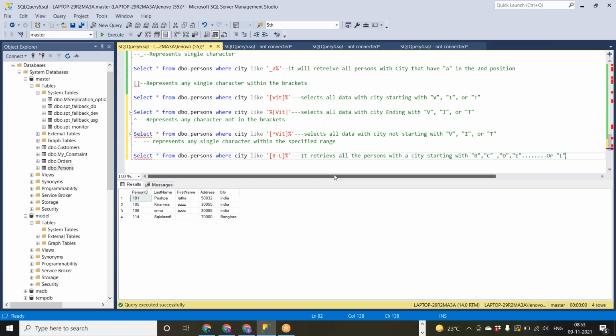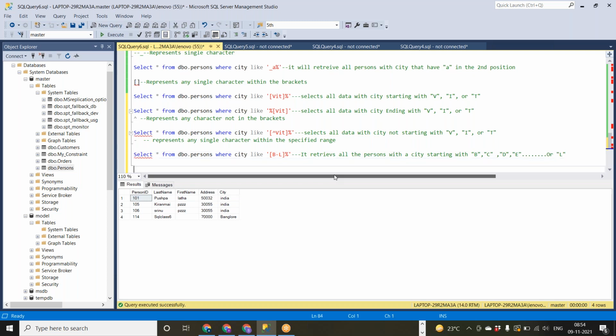Okay, these are about the wildcards that we use in our SQL Server. I think we have covered the IN operator, right? Okay, we have covered. So I'll tell about the BETWEEN operator.